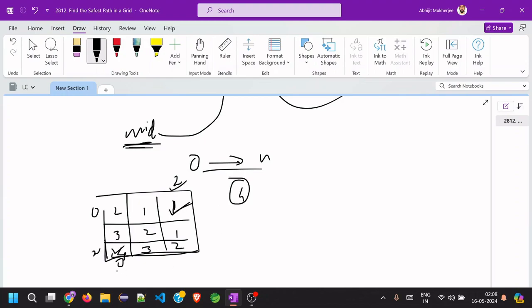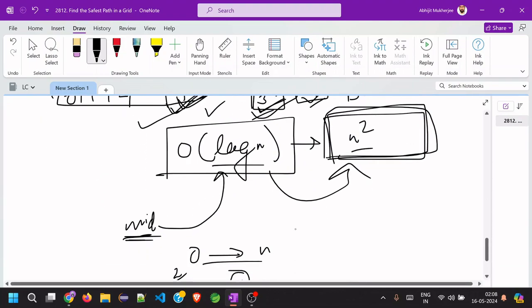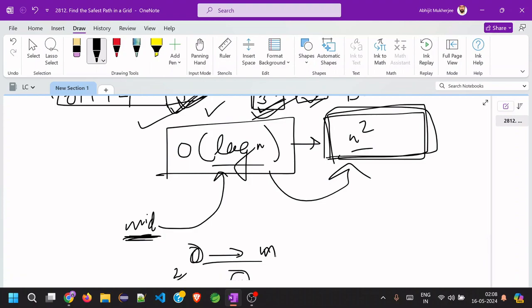So the maximum distance which is present in a cell is 4, which is near about 3. So we can say that the mid value can vary from 0 to n,